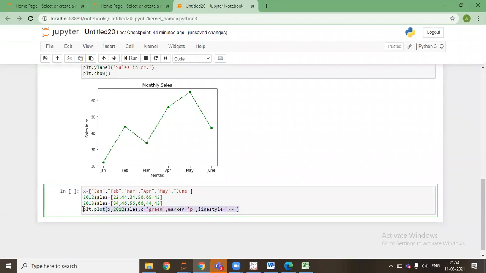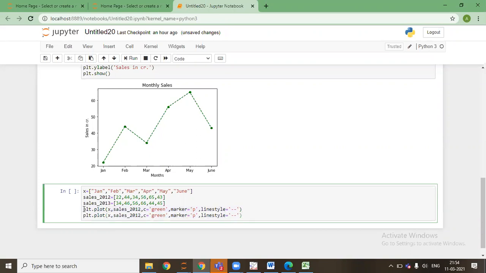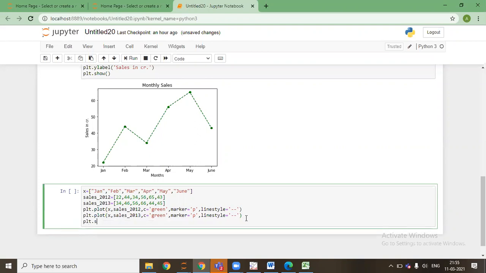The variable name cannot start with a numeric character, and that's why it's giving me a hint, so I'll say sales1, and sales2 for the other. And I'll say plt.show.